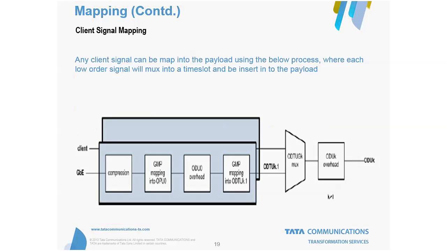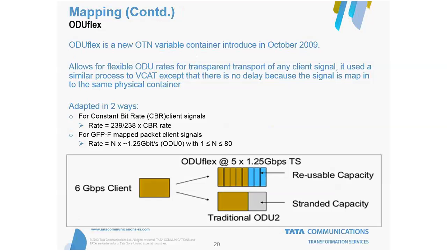ODU 1. Yeah, and then we will have multiple things of the same data rates, and finally that gets multiplexed. Again, ODU overheads are added, and finally you get this overall ODU packet. And then, with OTU overhead, it becomes an OTU, and finally the optical channel.